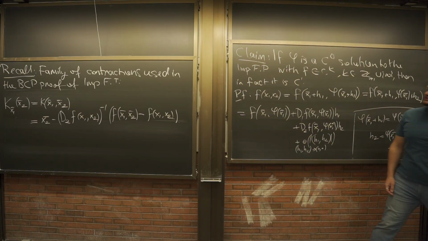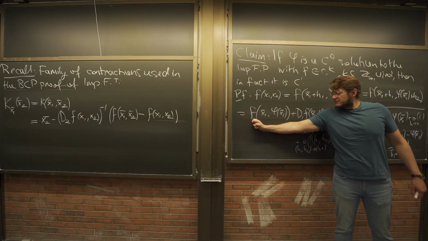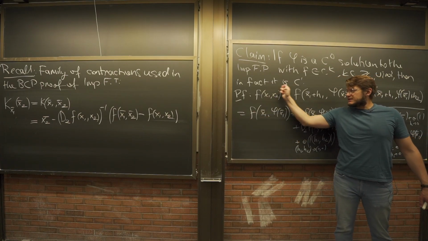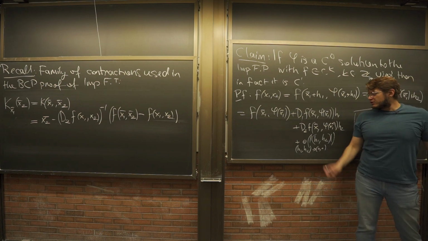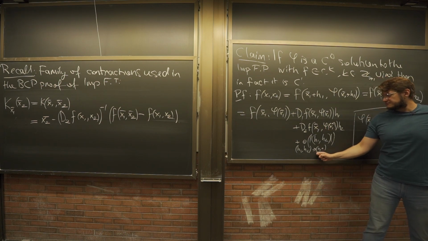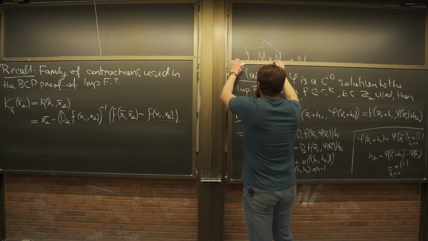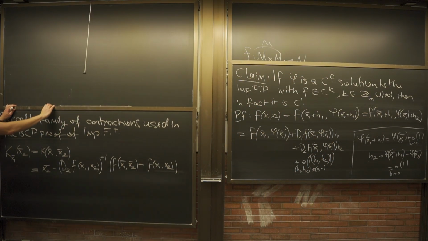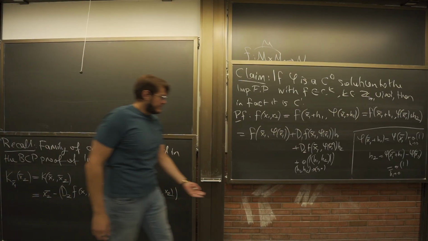Now there are some cancellations, because again, by the fact that phi is a solution to the implicit function problem, this is equal to this. So this cancels out with this, and I have nothing but 0 equals this plus this plus this. OK. I'm going to continue there. So from here,